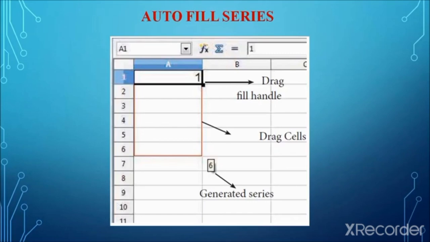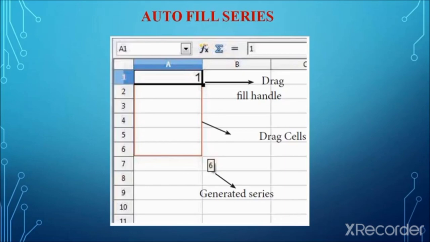The first cell, A1, is the active cell, where you can see a thick rectangular border. In that active cell, you can see a small black filled square in the corner. That is the drag fill handle.